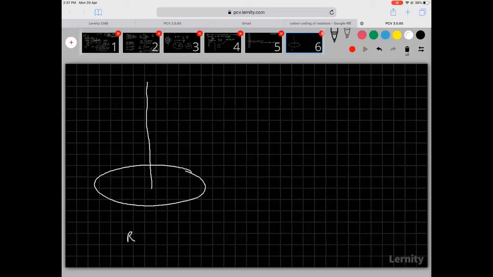The question is, at this point, what is the electric field? A charge Q is distributed on the disk of radius R. What is the electric field